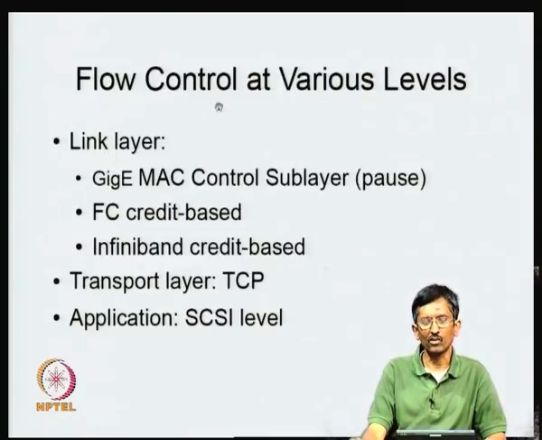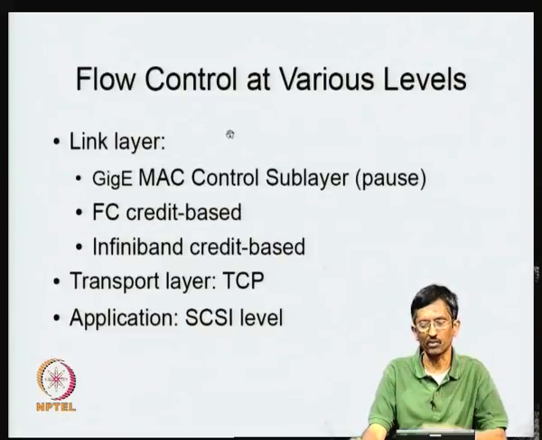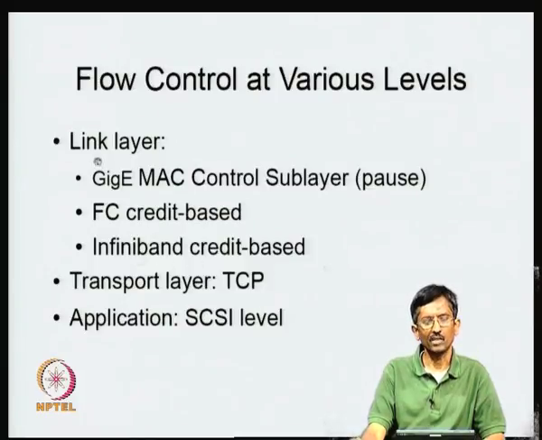It turns out that the flow control of each of these kinds of models is different, and your performance or the controls that you need in your system depend on the kind of flow control that is there. For example, you can do flow control for these network storage systems at the link layer itself, or you can do it at slightly higher levels, or even at the application level. Okay. For example, at link layer,